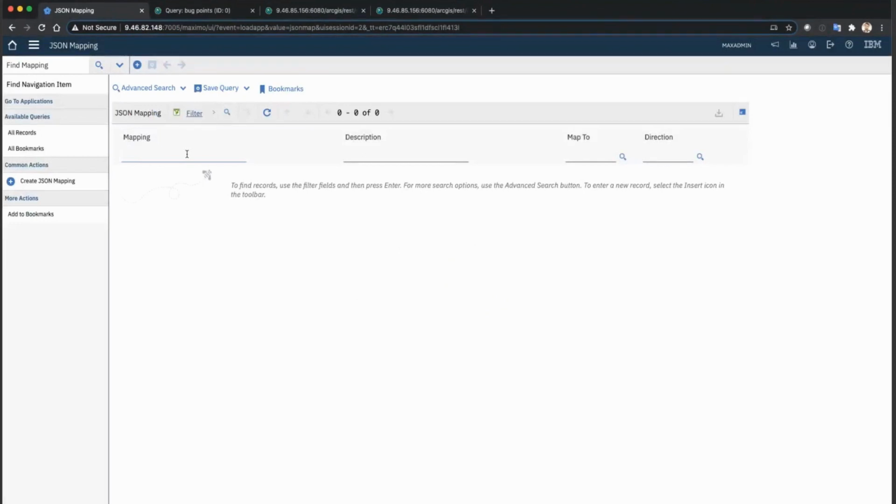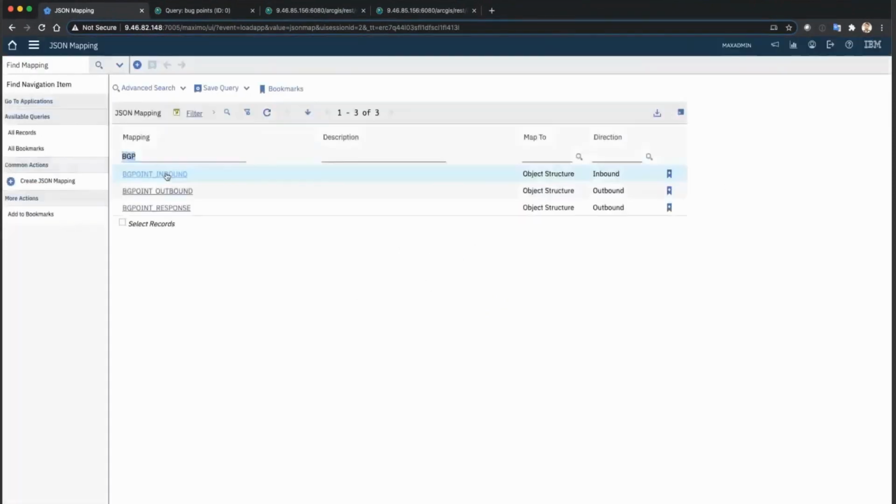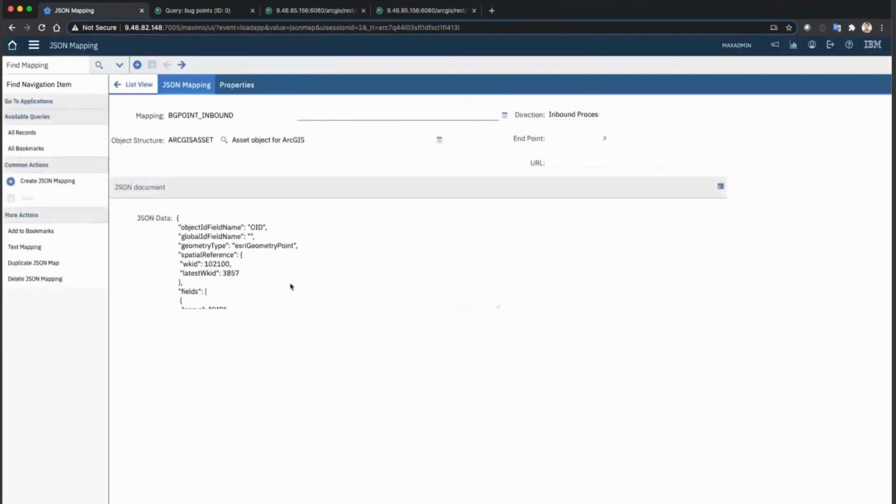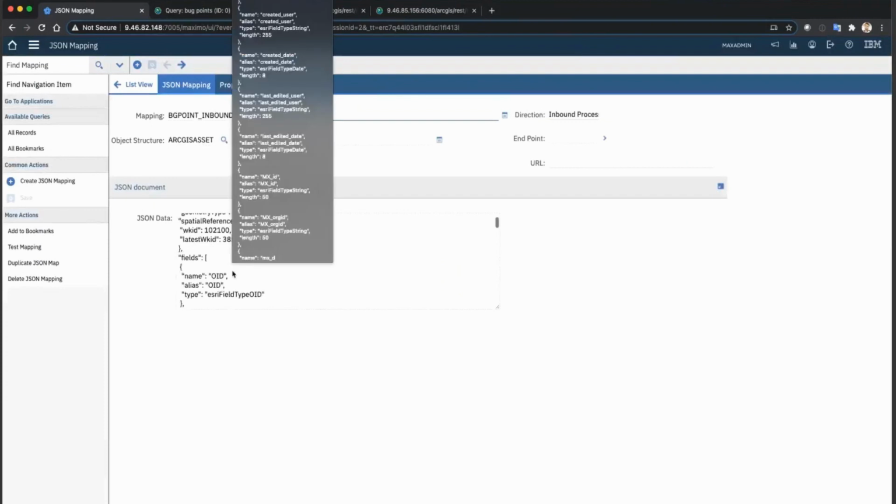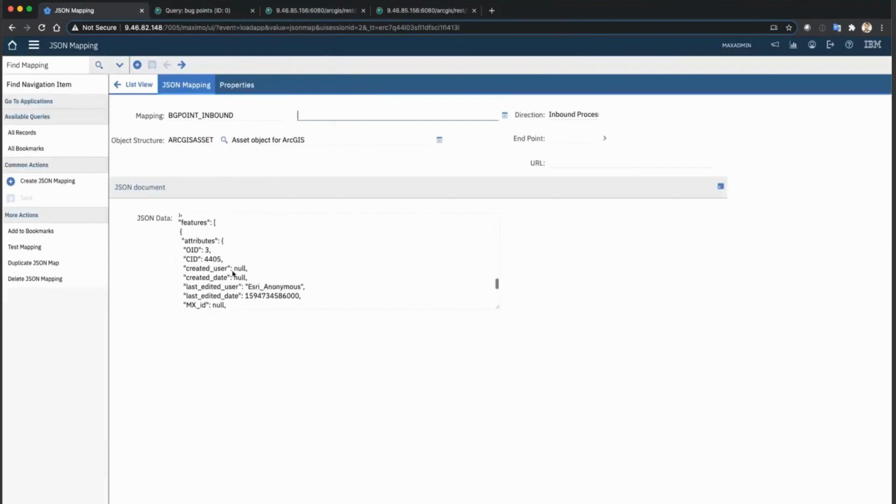So here I have all my three JSON mapping records. I will start showing you first the inbound. So as I showed you, the URL brought me here all the JSON attributes that I have in my GIS